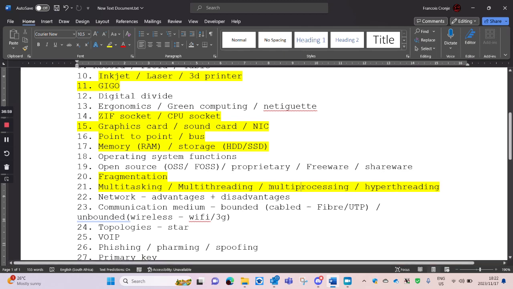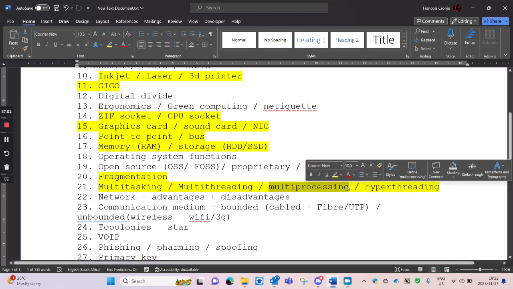So if there's a quad core CPU, that means you'll have 4 CPU cores. But having hyperthreading as well means each of those 4 cores would have 2 sets of registers. Now, a register is also a type of memory where the information the CPU is currently busy with is stored. So a register is very small, it's very fast. I want to say it's faster than cache memory. So a register is part of the CPU itself, and that's where what the CPU is currently busy with is stored.